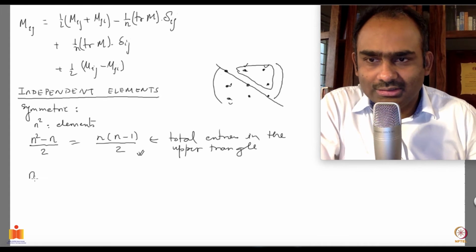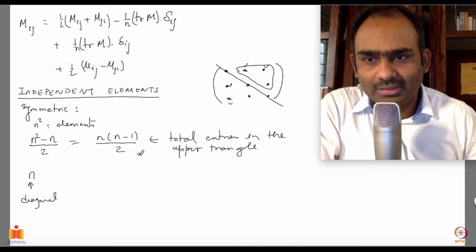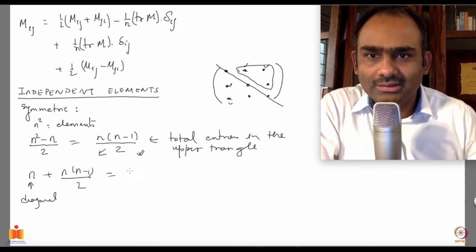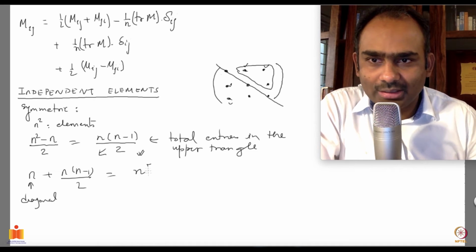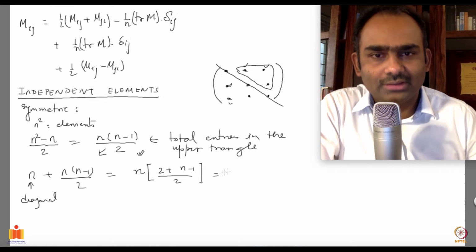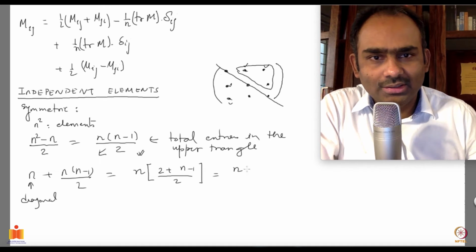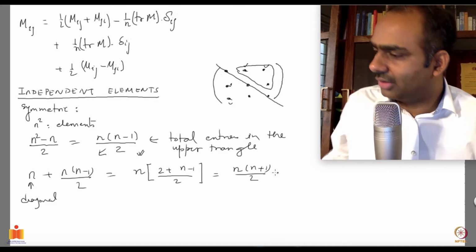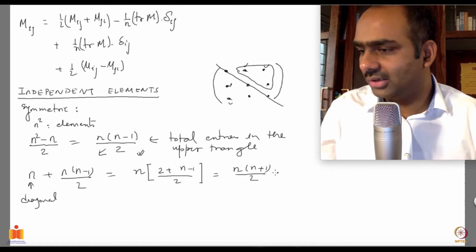So I should take these n which are coming from the diagonal ones, and then these coming from here. And how much is that? That is n, you take n outside, 2 plus n minus 1 over 2. This is n, 2 minus 1 is 1, which makes it n into n plus 1 over 2. So these are the total number of entries which are independent for a symmetric matrix,